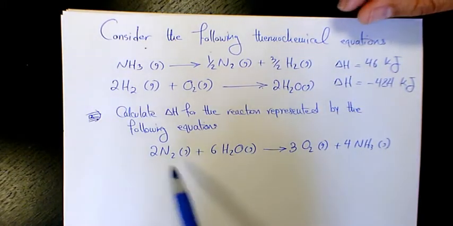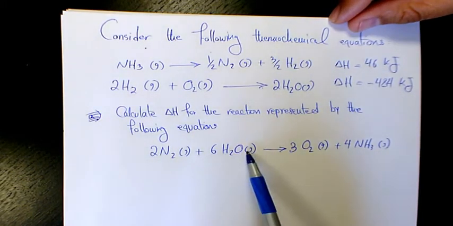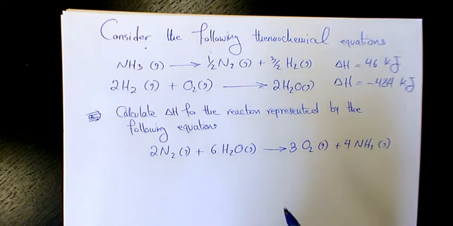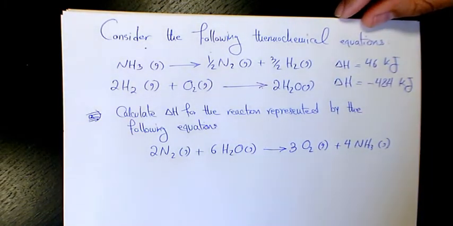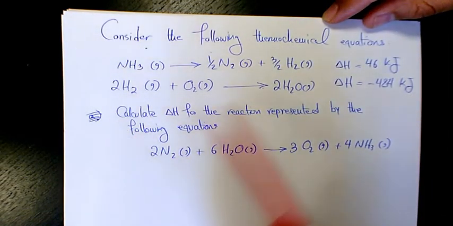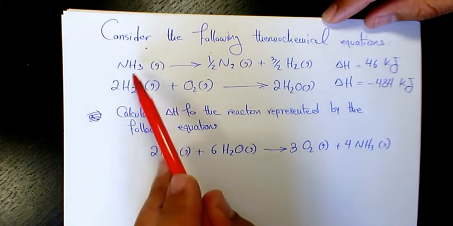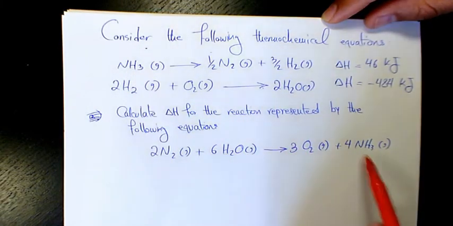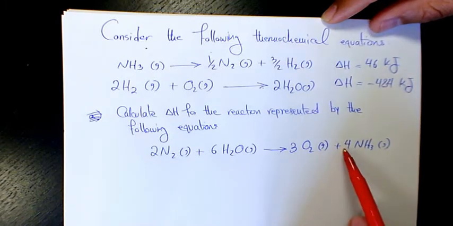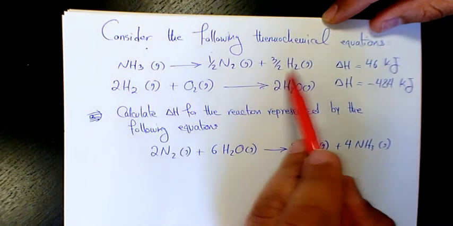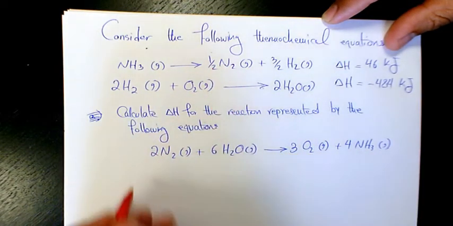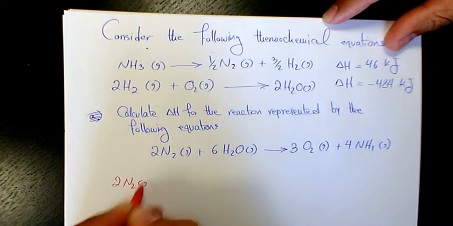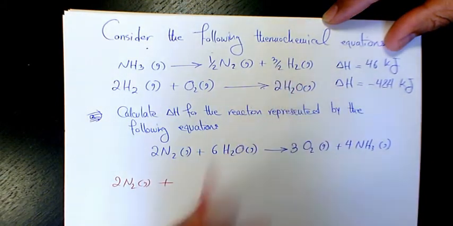So the overall reaction is 2N2 plus 6H2O in gas phase is going to give us 3O2 in gas phase plus 4 ammonia. So in this case, what we're going to do, we're going to find out these reactions in here. We have NH3 in here, but in the overall reaction we have NH3 in the product side. So we need to reverse it and multiply it by 4. So I'm going to start from here. 1/2 times 4 is going to be 2N2 in gas phase, plus 3/2 times 4 is going to be